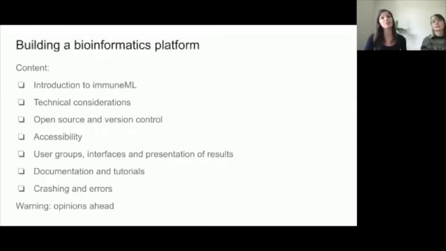We'll briefly introduce immuneML as a case study when talking about building bioinformatics platforms. And then we'll talk about some technical considerations like the requirements and modular design, agile approach, and so on. And then we'll also cover open source version control, accessibility, different ways to improve usability, documentation, tutorials, and of course,